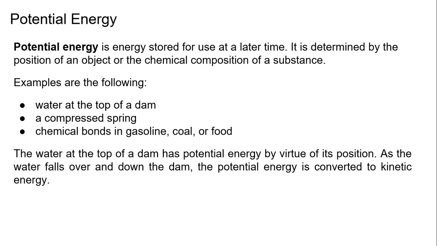Potential energy is the energy stored for use at a later time. It is determined by the position of an object or the chemical composition of a substance. So examples are water at the top of a dam, a compressed spring, or chemical bonds in gasoline, coal, or food. We eat food to give us energy. So that food is potential energy. The water at the top of the dam